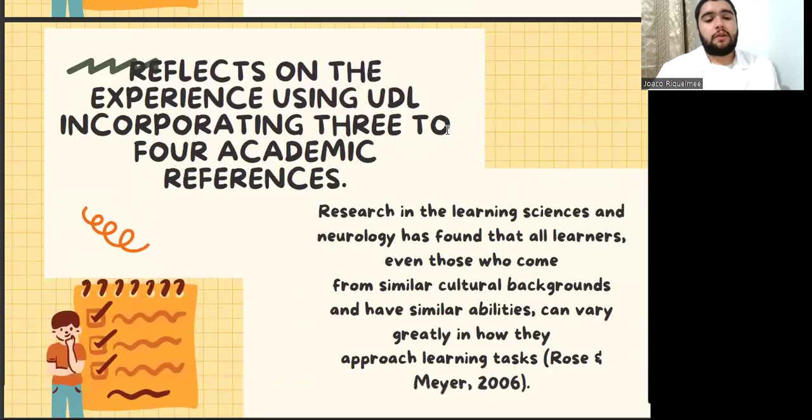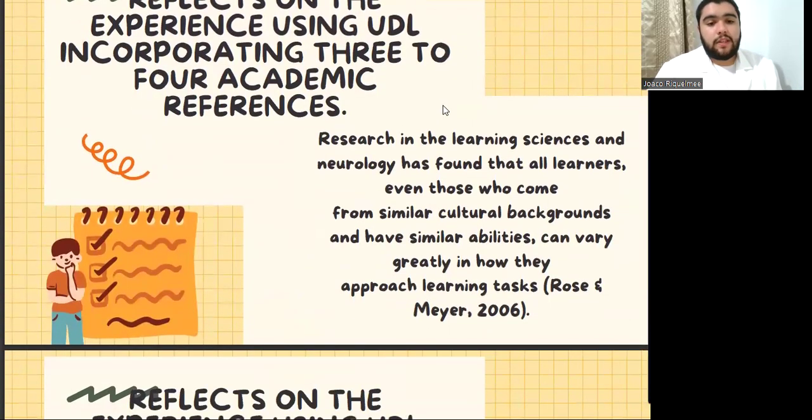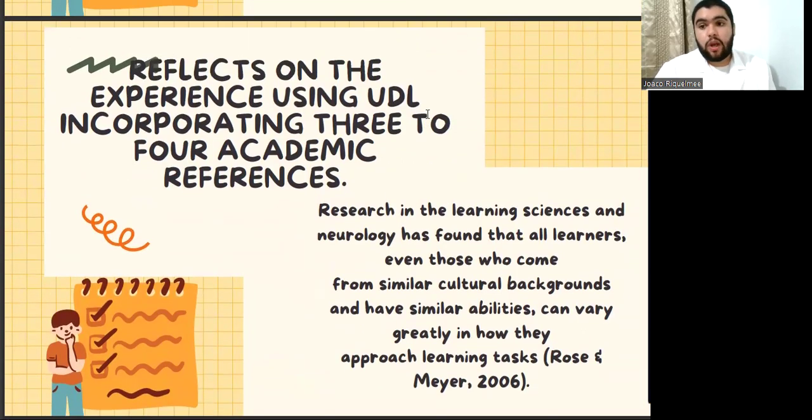The second academic reference is research in learning science and neurology, which has found that all learners, even those who come from similar backgrounds and have similar abilities, can vary greatly in how they approach learning tasks. Some of the students, even though they come from similar backgrounds, have similar abilities. The way they learn is way different from others who live, I don't know, in another community,